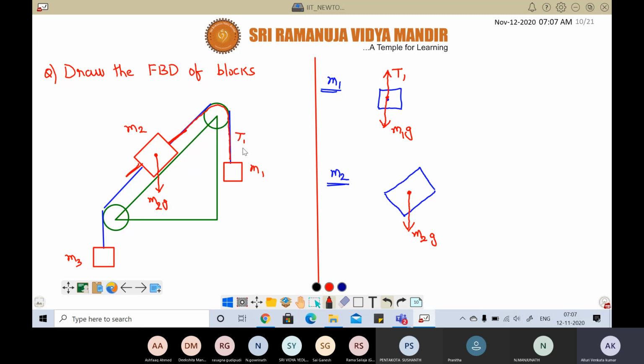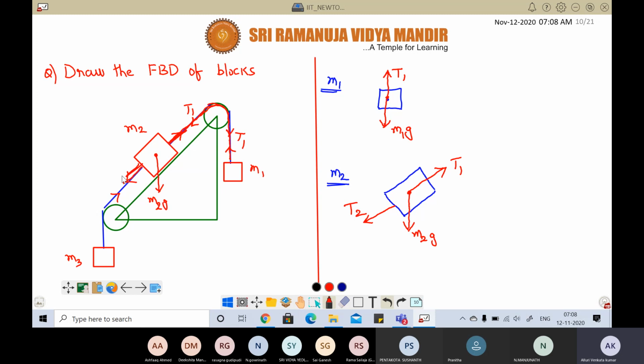Here we took the tension as T1 already. So throughout this upper string, tension T1 will be there. Therefore this will be upwards, because tensional force is a pulling force. It will pull the objects towards the string. Then down there is one more string, so it will pull downward. This is called tension T2. Here we should not write T1 because this is a different string. When the strings are different, tensions also will be different.